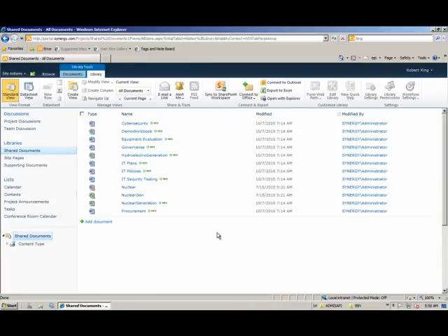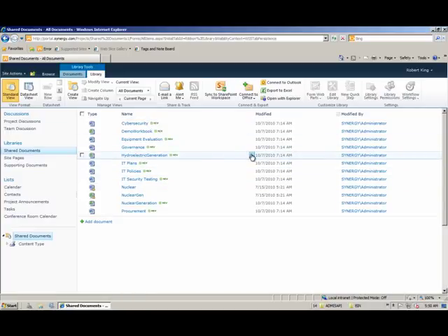And one of my colleagues and I have created a document, and we've collaborated on this hydroelectric generation document. I'm particularly interested in this document, and I want to make sure that I'm staying informed when anybody makes any changes to this specific document. So to set up an alert on an individual item as opposed to the entire document library, I can select